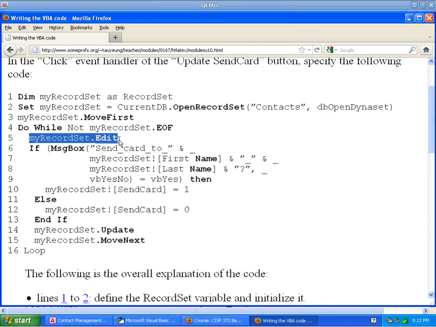If you don't mention myRecordset.edit, you cannot make changes. You can still view the items inside the table, but you cannot make changes yet. So this is important because you're basically saying I'm about to make changes to the table. This part here,